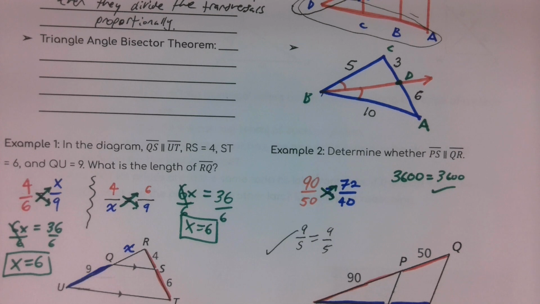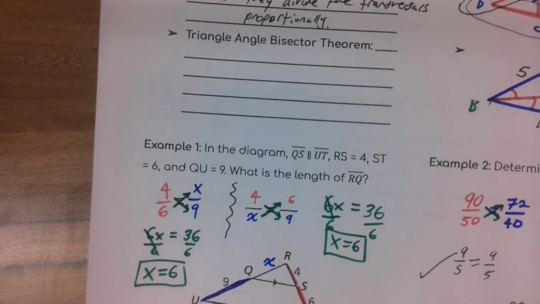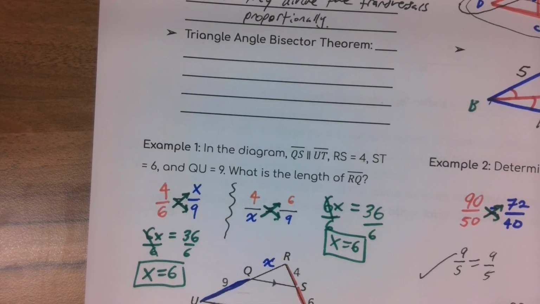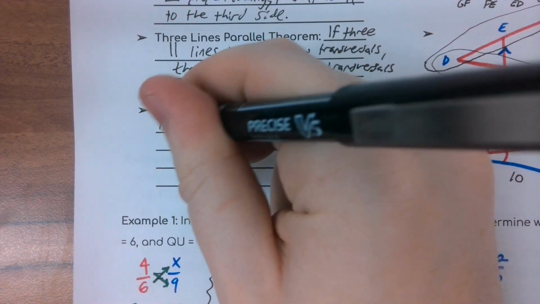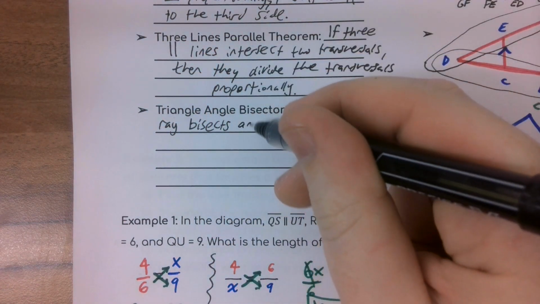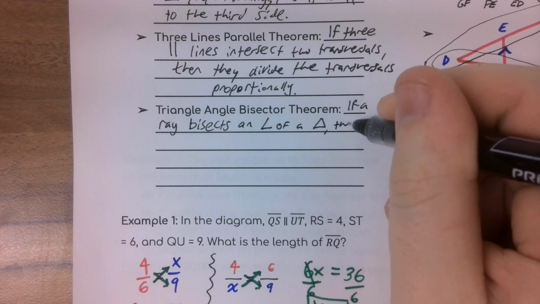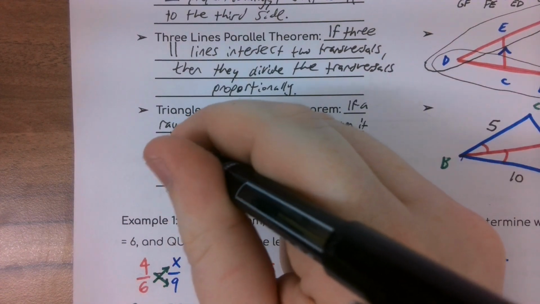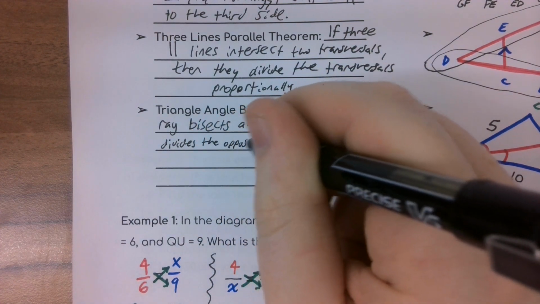So, what we're going to do is write down the definition for this theorem. And I want to warn you that it's a bit of a longer one, so be prepared. The triangle angle bisector theorem says this. If a ray bisects an angle of a triangle, then it divides the opposite side